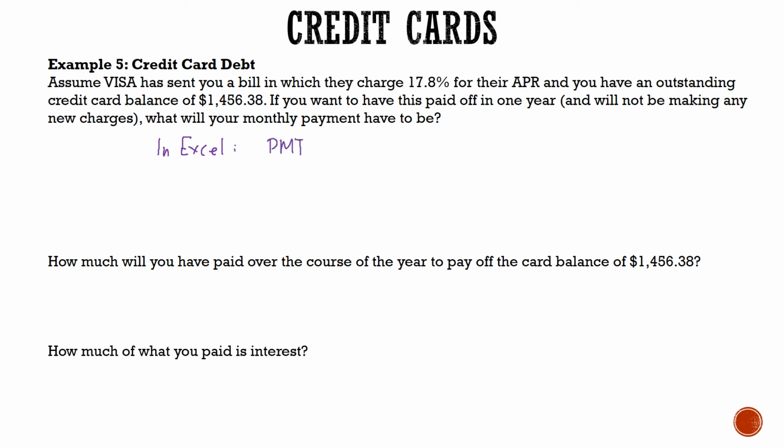And the payment function takes as arguments, the first one will be the interest rate, the APR, 0.178. That's 17.8%, in decimal form, divided by the number of payments we'll be making per year. So that's 12. The next argument will be the total number of payments you'll make in paying this off. So that'll be 12 payments per year, and we're only going for 1 year. And then the third and last argument we need to include is what the present value is. So how much your credit card balance is currently. And that's